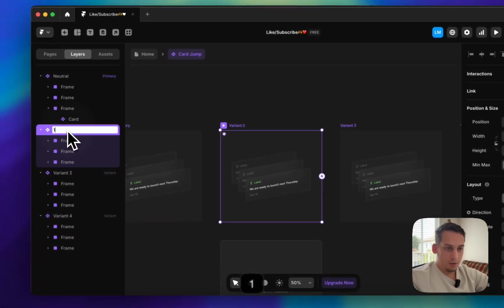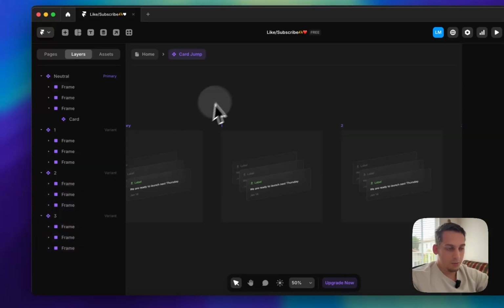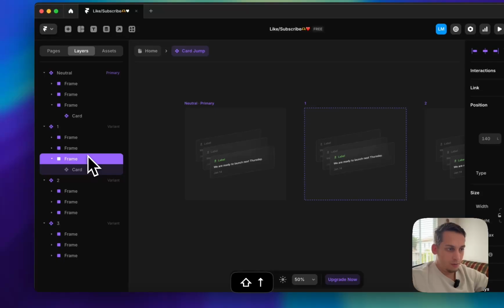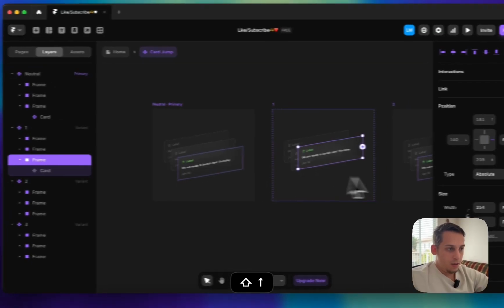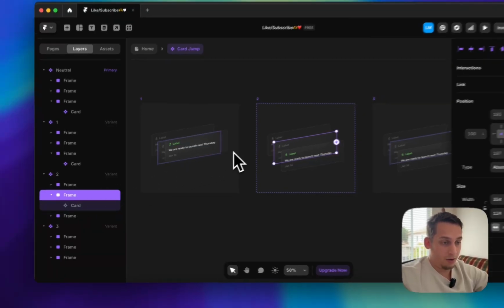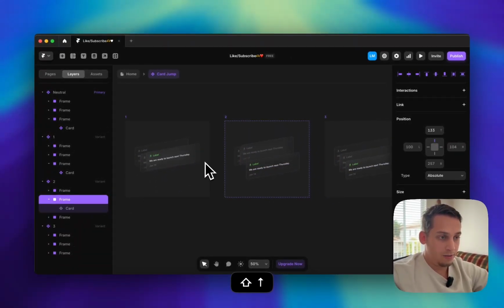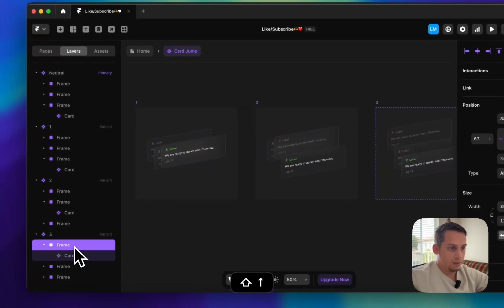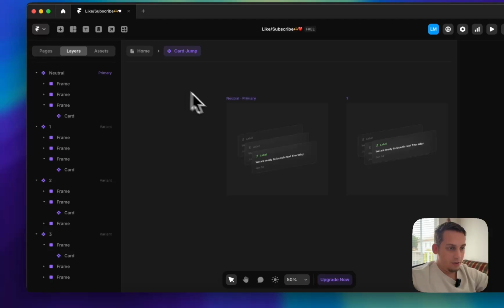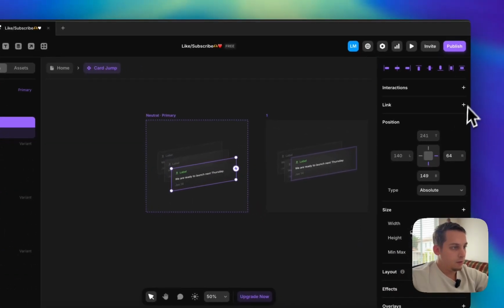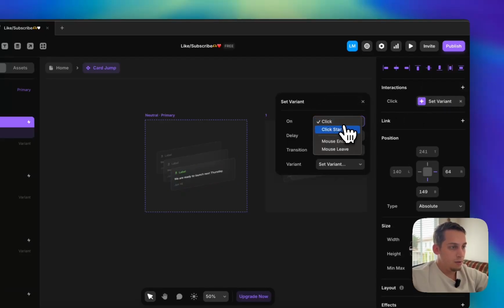This one is going to be called 1, 2, 3, and now it's just as simple as what we were doing before: 1, 2, 3, 4, 5, 6. And then, for example, this one would be, again, touch the frame, not the card: 1, 2, 3, 4, 5, and 6, and then this one, 1, 2, 3, 4, 5, 6. So whenever someone mouse enters this frame, interaction, new transition, mouse enter, transition set to variant